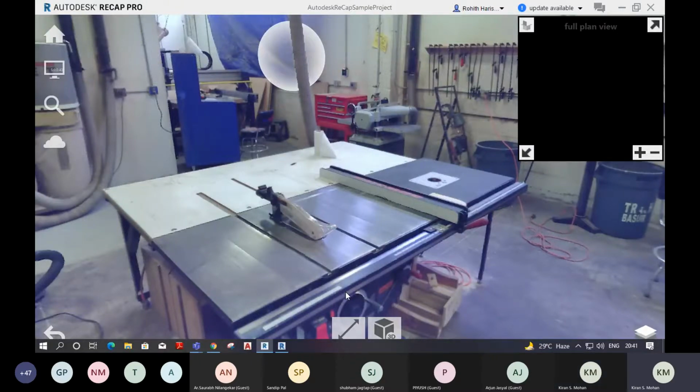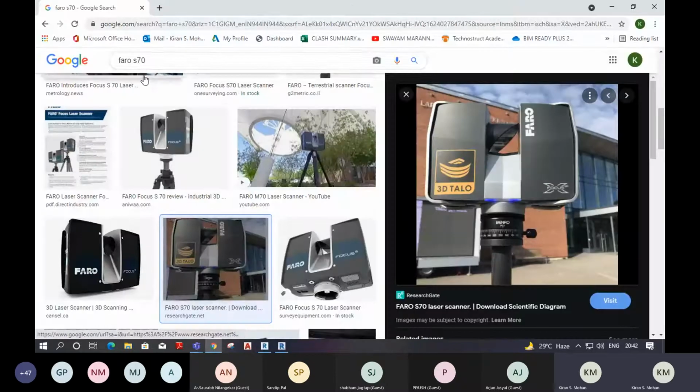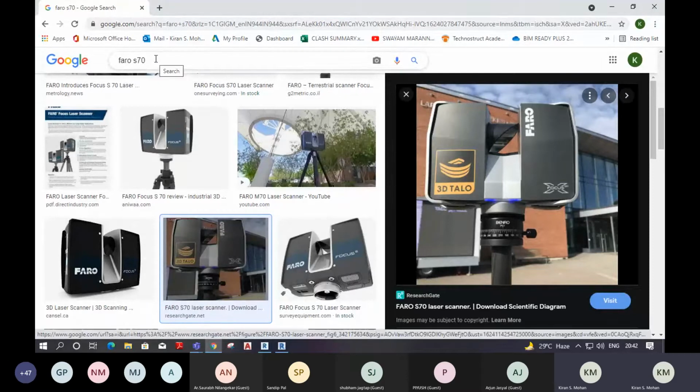Okay, and for this equipment, there is some range limitation. You cannot take images of far distance objects. You can take images of only within a 70-meter range or 35-meter range, and the model name itself shows the range of this equipment. Here I am taking Faro as an example. If you take Faro S70, that means 70 meters is the maximum range of these laser rays.